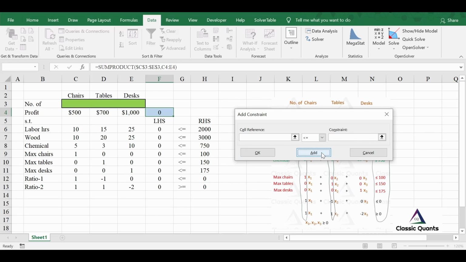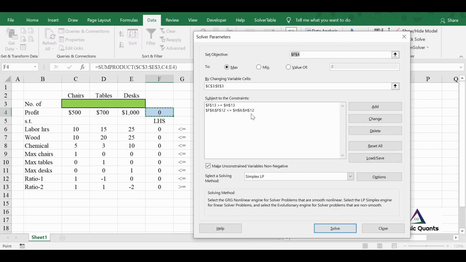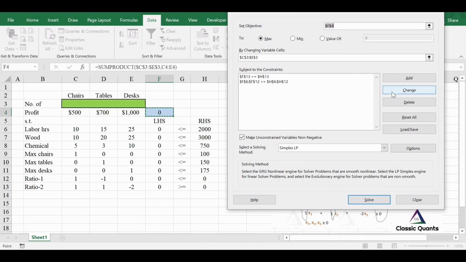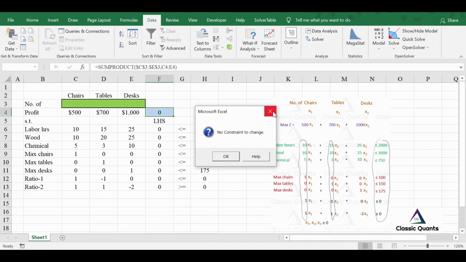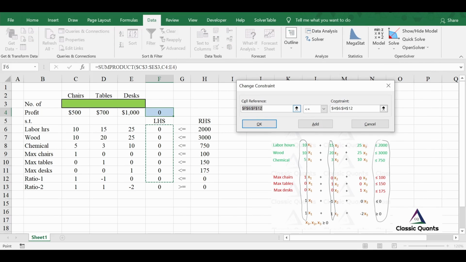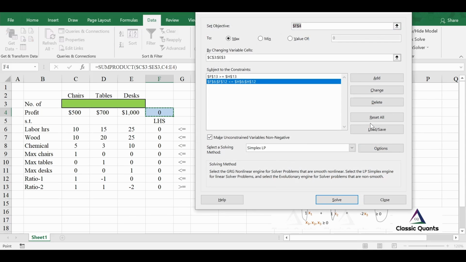So again click add. So see, these are entered here. Now if you think you have made any mistake, then you can use change. You select any particular constraint and go to change, then you will be able to make the changes accordingly.